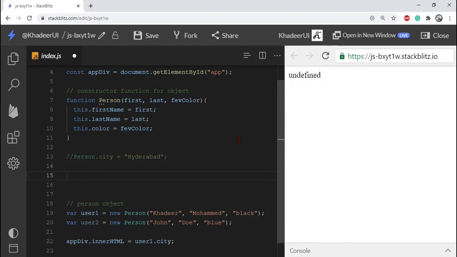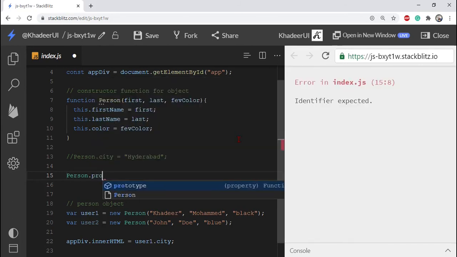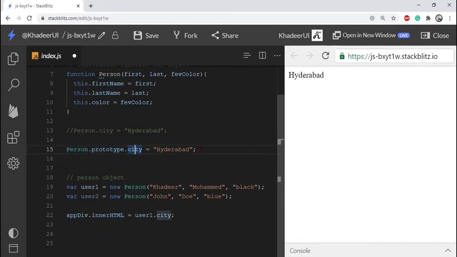If you write Person dot prototype dot city equals Hyderabad, this time it works fine. The prototype helps to add a property or method to the constructor function.